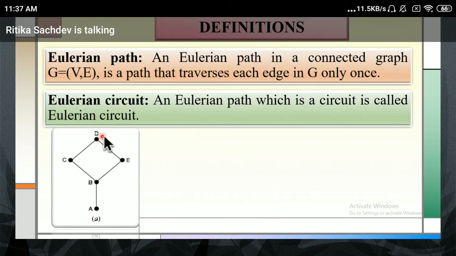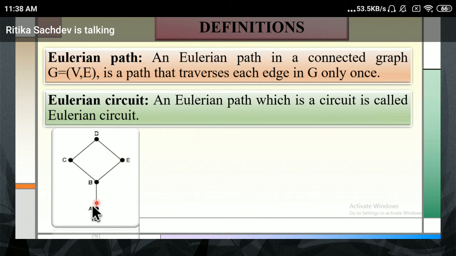I want to go from A to D, or maybe I want to go from A to B. You'll say A to B, I directly have A to B. So if I have A to B, I can go directly. No. If you want an Eulerian path, you have to visit all these things. So from A to B, B to C, C to D, D to E, and E to B. That becomes my Eulerian path. I have to visit all the edges